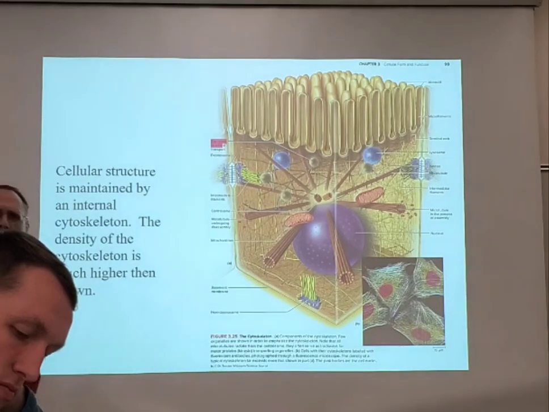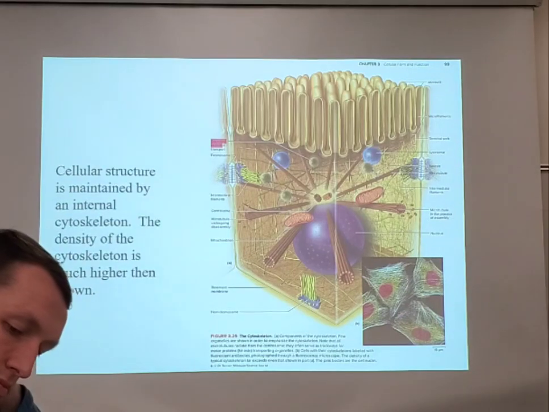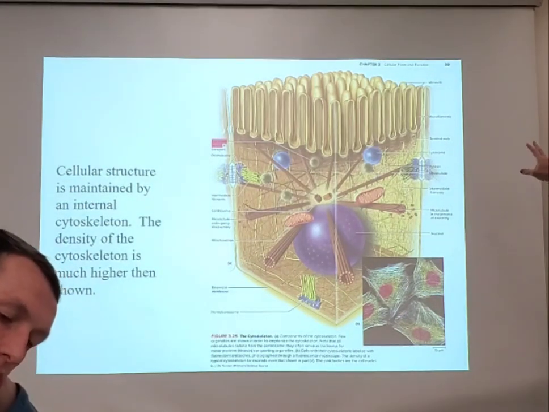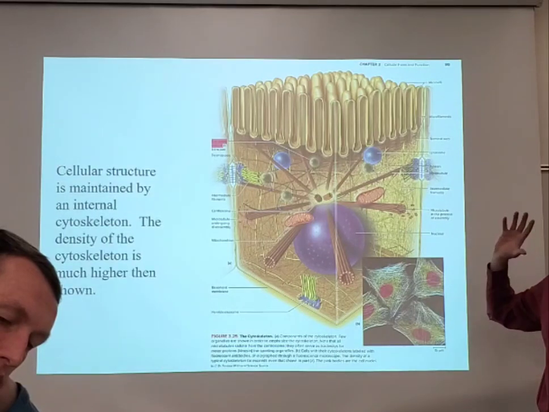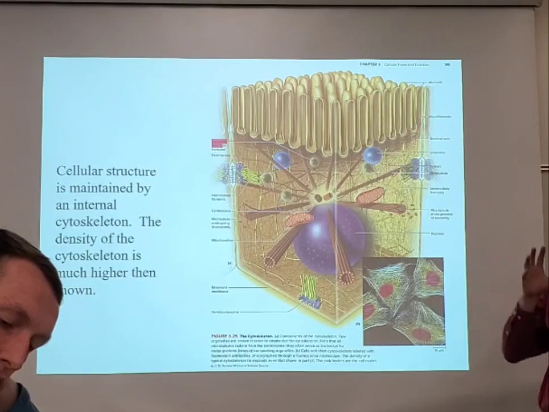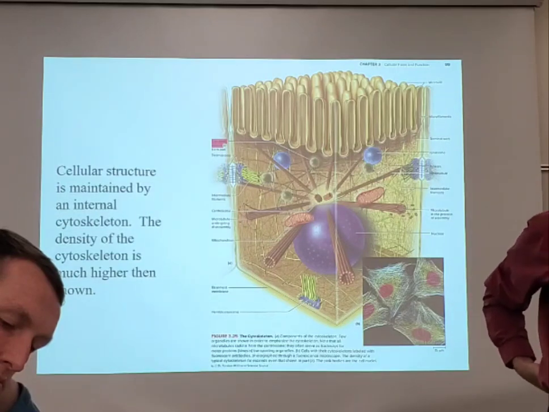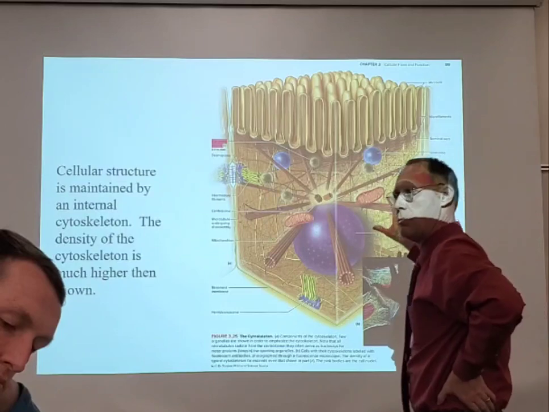Does the cell have architecture? Sure, it's got microtubules that are attached to the outside, microfilaments. What's it using this for? So that it knows when it's transporting things from the outside to the inside and communicating information, where are things located? We generally term our cells to be chaos.